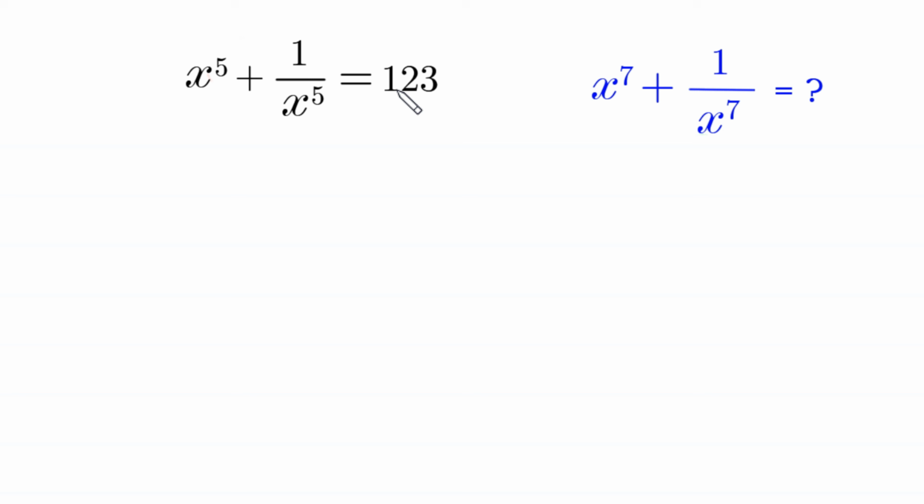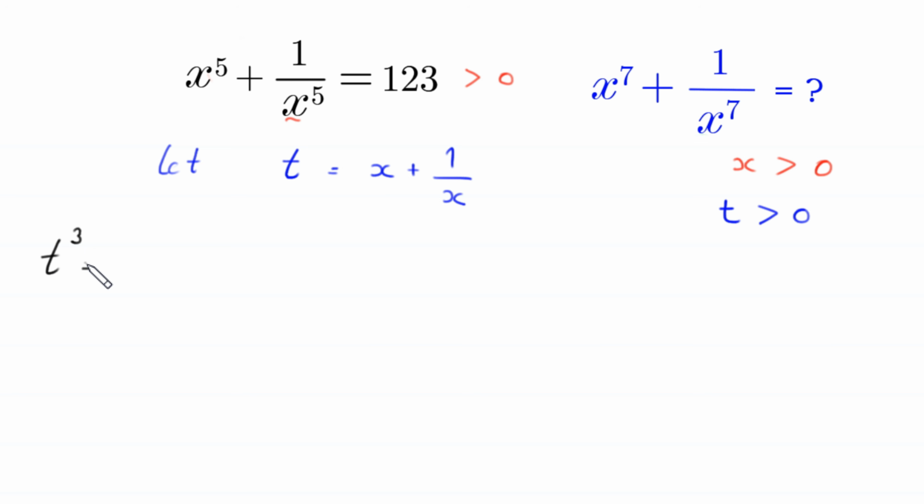Since this 123 is greater than 0, and here we have an odd power of x, x must be greater than 0. Now we suppose that t is equal to x plus 1 over x, and t must be greater than 0. If we take a cube of both sides of this equation, this will become t cubed is equal to